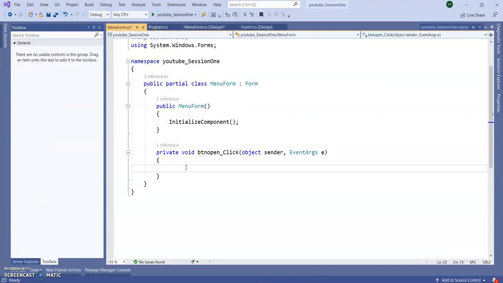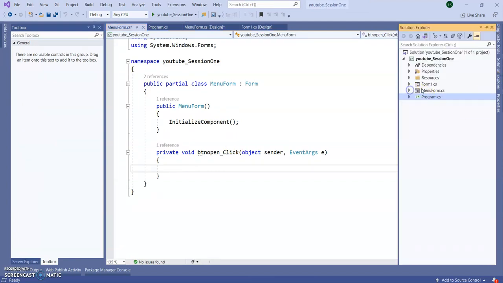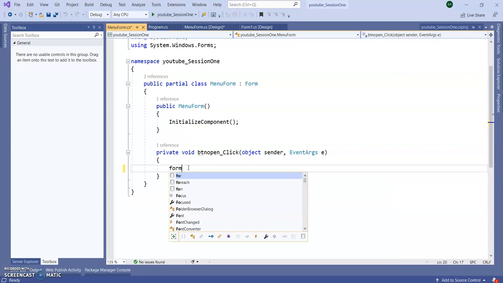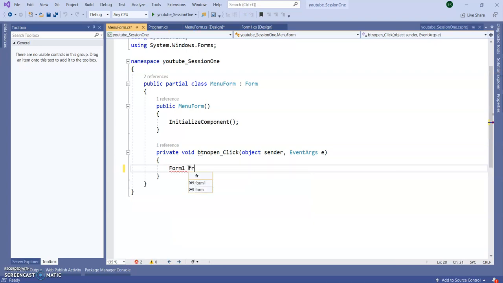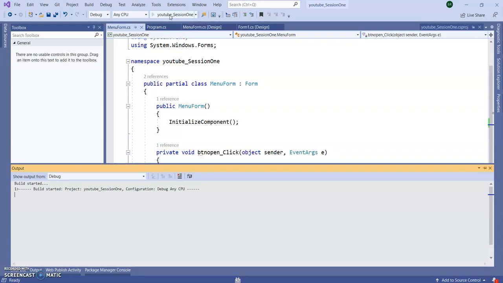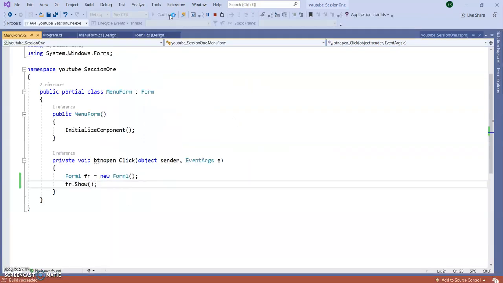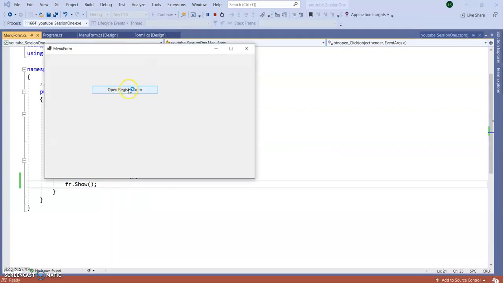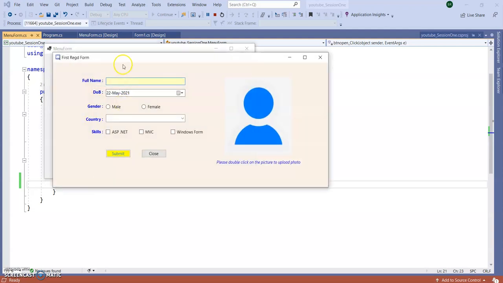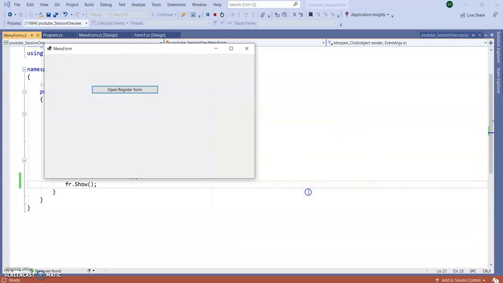Here I'm going to create an instance of Form1. Form1 is a class. So Form1 fr = new Form1(), then this object name dot Show(). Right? Run the application. Upon clicking open register form, you can see our register form is coming.